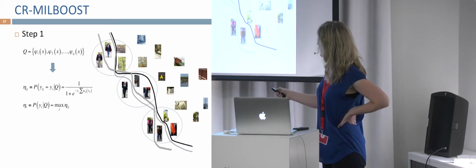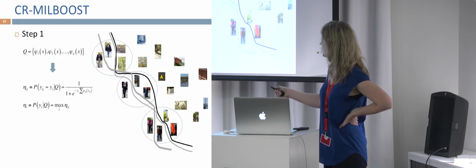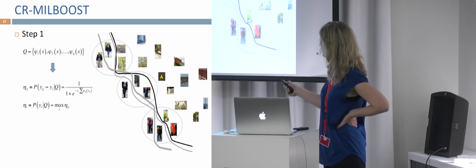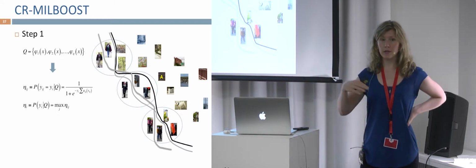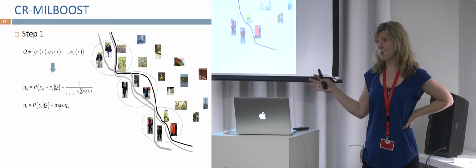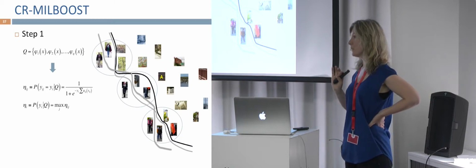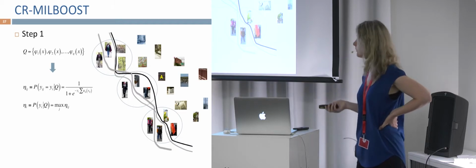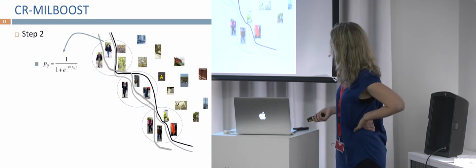Okay, so now we have this variable nu_i, which is the maximum over these nu_ij's, which will tell us the probability that the whole bag is also positive. So this will allow us to also put a low confidence on an entire bag. So if all the committee members think that all of the examples in the bag are negative, then we'll say, well, maybe it's just a bad image that has no object in it. Because that could also happen with search results. So that's another nice thing that we can do.